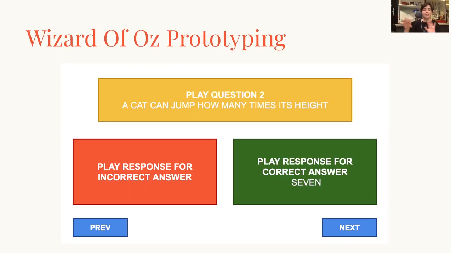So already we're starting to string things together with metaphorical duct tape. To you, the person moderating the study, this would be a manual activity, but to the user, it appears as if they're actually interacting with the speaker and playing the game. When I built this tool at NPR, I made it in PowerPoint. By nature, I'm a visual person. My job is to be a product designer, so it hurts to say that I made this kind of clunky looking thing in PowerPoint. That was the software that I used. But the prototype worked like a charm. And it was really fine that the prototype was totally ugly because it totally worked.